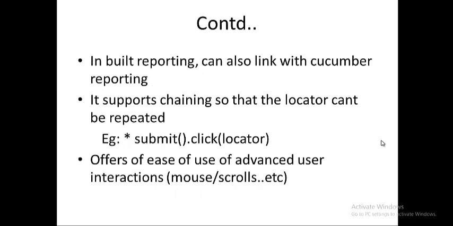And like we saw in our Karate API automation tutorial, this has inbuilt reporting. If you wanted to enhance your experience, you can still integrate with your Cucumber reporting as well, so that you can share it with your client. And it supports chaining of your locators. When I say chaining, the chaining that we understood when working with API automation is that you can reuse one feature file's output in another feature file. That concept is still present in Karate UI, but this chaining is a little different from what we've discussed there.